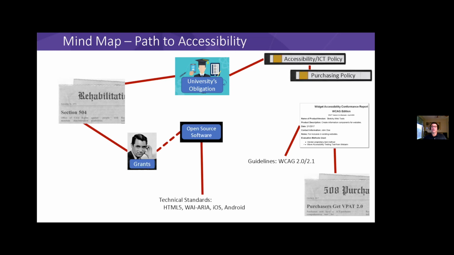So they created accessibility policies. In fact, most universities I work with have an accessibility policy. I'm working with, I think, the last one in the universe that doesn't have one. The accessibility policy said things like, our guideline is going to be WCAG 2.0 or WCAG 2.1. And from that, it affected the purchasing policy. The other thing universities did is they say, when you're buying software, I want to get a VPAT from